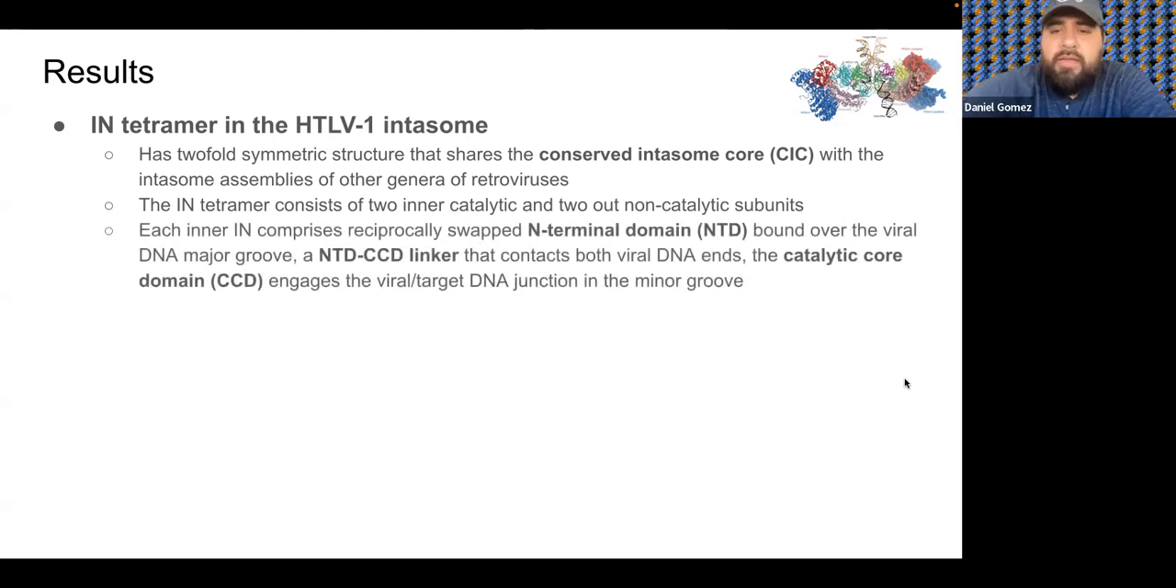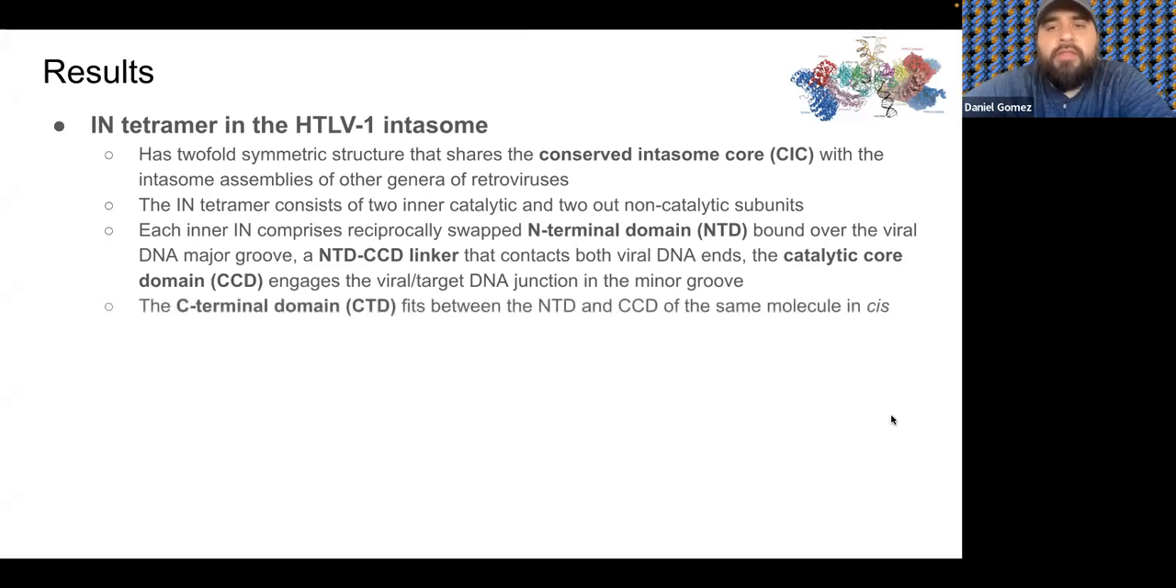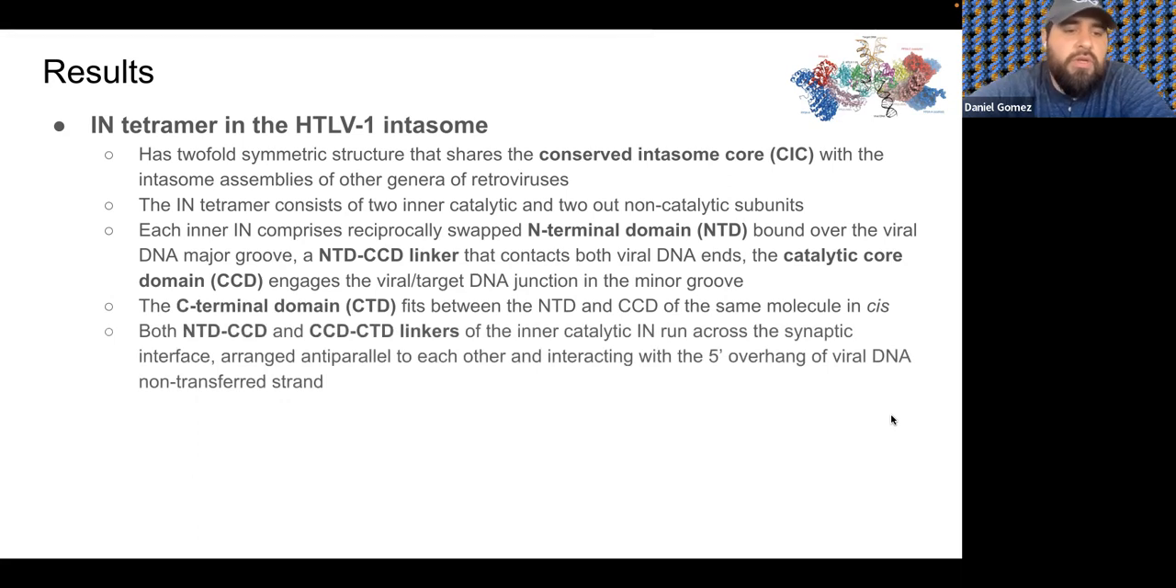So the IN comprises this N-terminal domain, or NTD, which is bound over the viral DNA major groove, and an NTD-CCD linker that contacts the viral DNA at both ends. So this is the catalytic core domain, or CCD, that engages the viral target DNA junction in the minor groove. And then the CTD, or C-terminal domain, fits between the NTD and the CCD of the same molecule in a cis-like fashion. So both the NTD, CCD, and CTD linkers of the inner catalytic IN run across a synaptic interface,